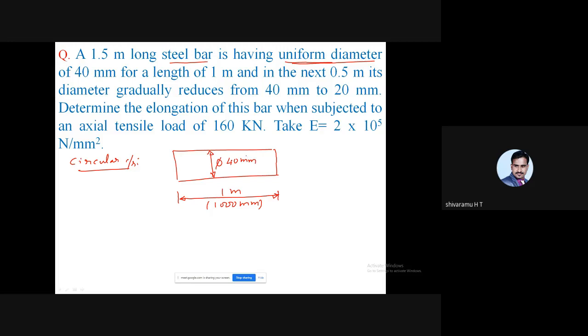40 millimeter, and in the next 0.5 meter, anyway the total length is 1.5 meter, and in the next 0.5 meter, or else I can take 500 millimeter. So the total length is 1.5 meter, so 1 meter plus 0.5 meter out of 1.5 meter. So uniform diameter of 40 millimeter for a length of 1